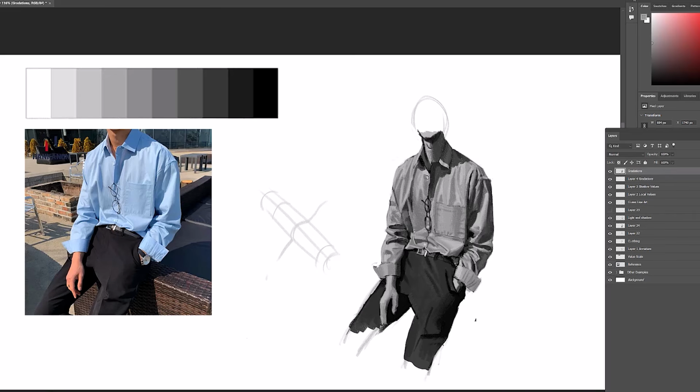But realism is not a difficult thing to accomplish if you have a working procedure and you learn how to build in those stages, like I'm doing here. Everything is being built up one step at a time,